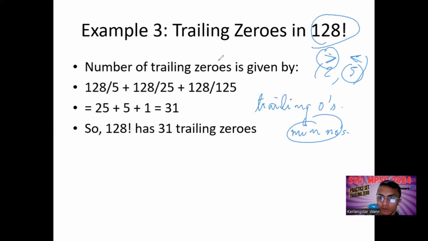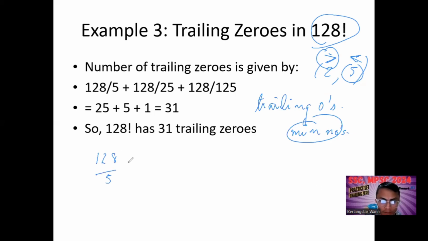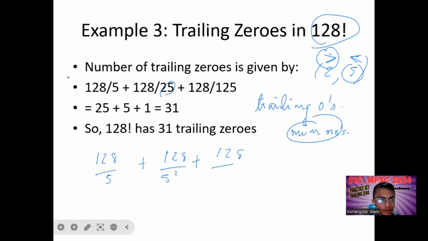So now we need to compute 128 divided by 5. Then plus 128 divided by 5 times 5, which is 25. 5 twos are how much? 25, right? So this is 25, plus 128 divided by, once again,